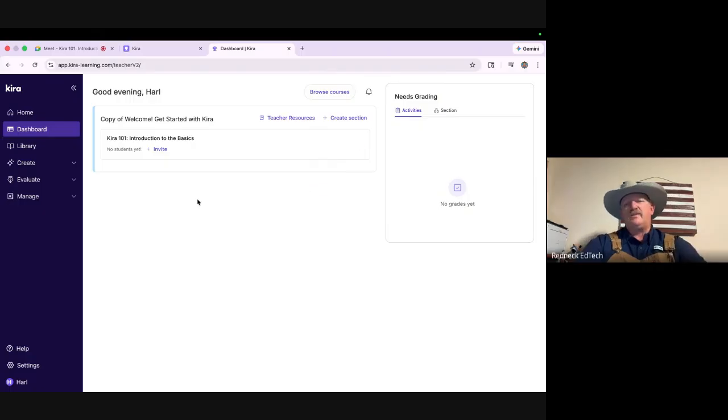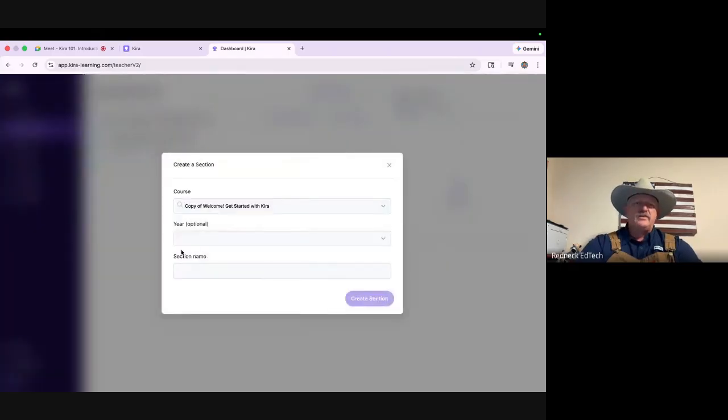Now, remember, anything that we do, we can take and share with our partner teachers to make sure there's fidelity with the way that it's being taught. And that's going to be a big deal. Your teacher resources, you have none because this is not a loaded course at this point. It's a blank course so that you can load in what you need for your students and create personalized assignments and lessons.